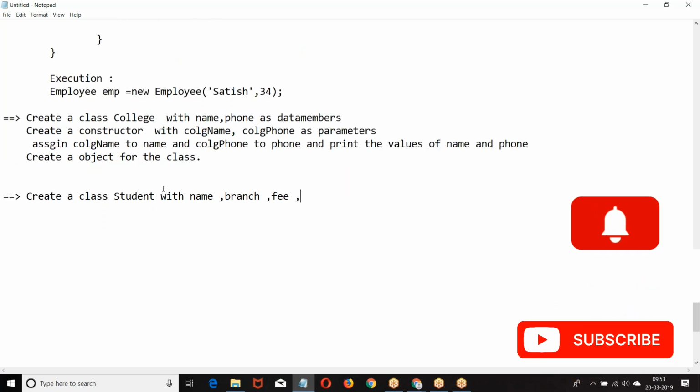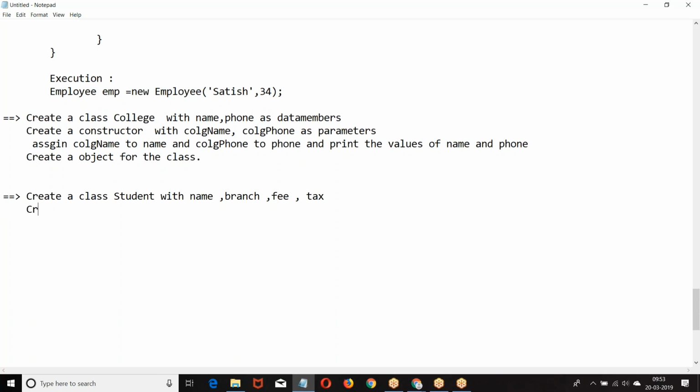Create a constructor which will take student name and student branch as parameters,